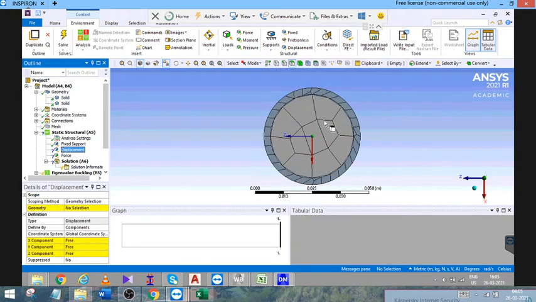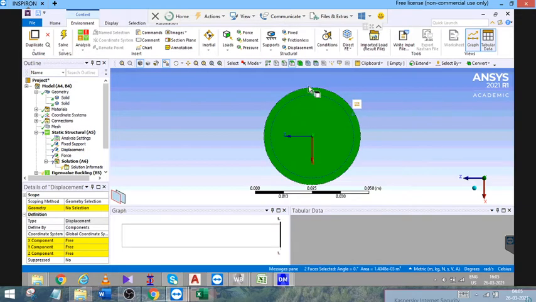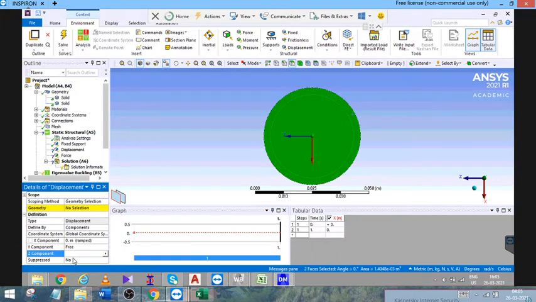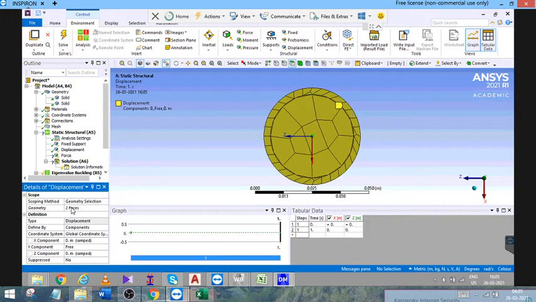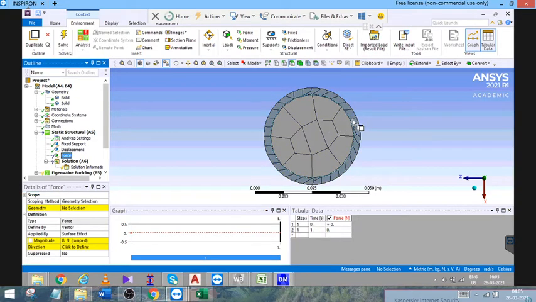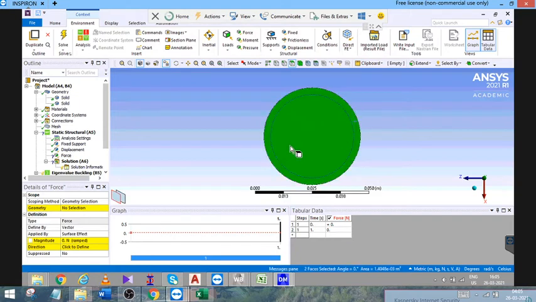Next we'll have to specify the hinged support. Go to the top end of the member and put x component as 0, y component as free, and z component as 0, and click on apply. Once you see the tick mark, it means that the displacement value which you have applied has been applied successfully. Now you click on force and select the member's face where the force has to be applied.